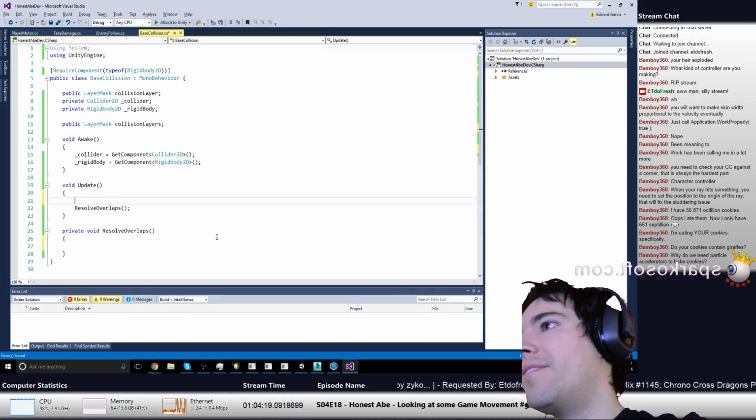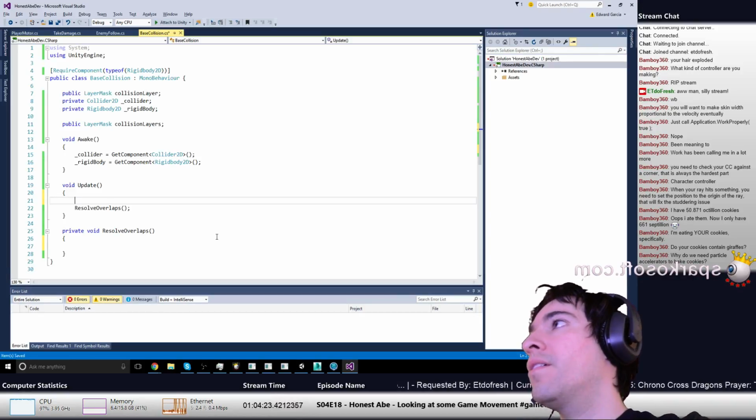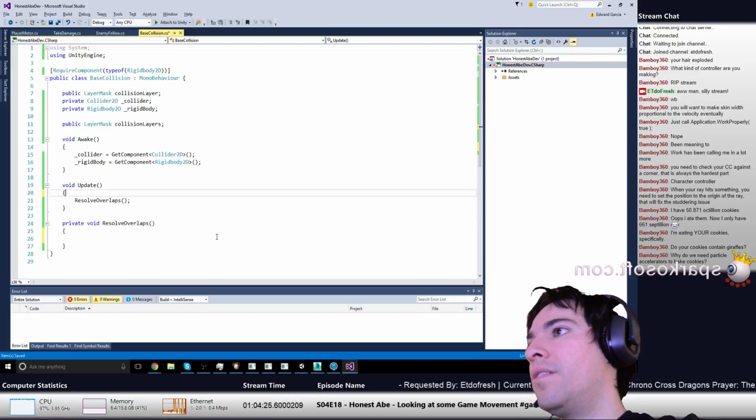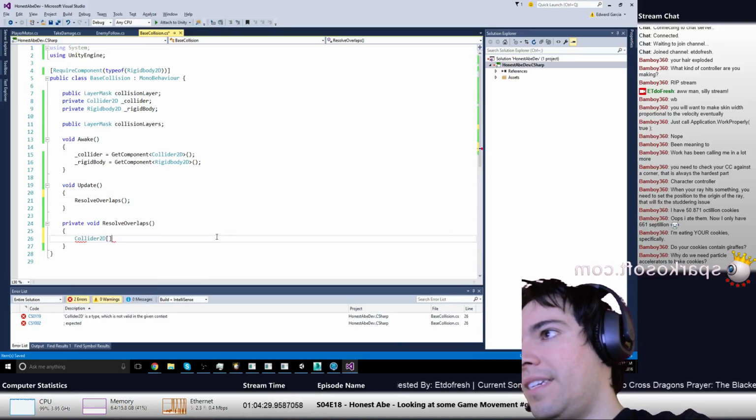Get all colliders, right? Okay, let's just do that. That's fine. Colliders, collider 2D,